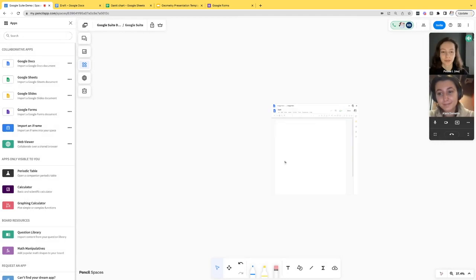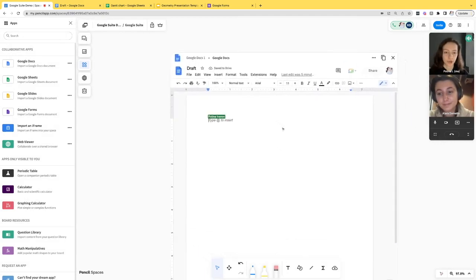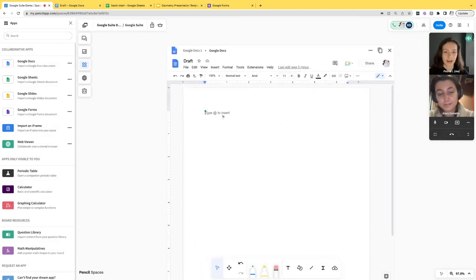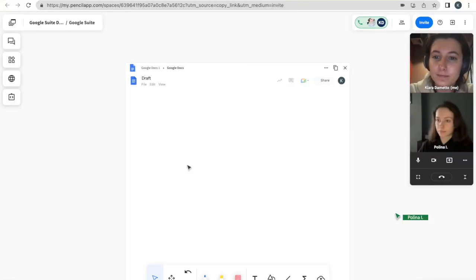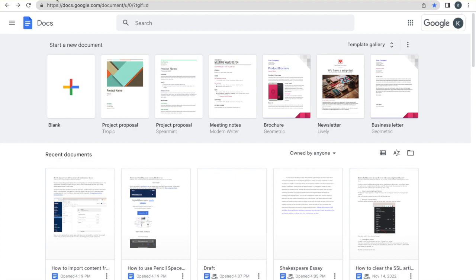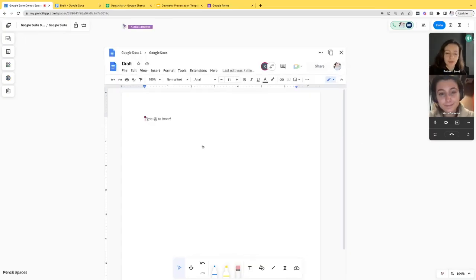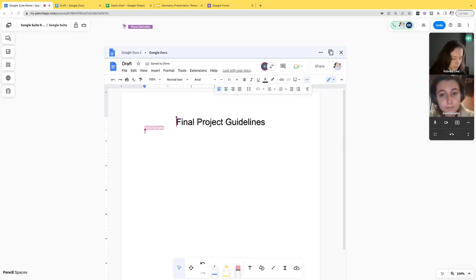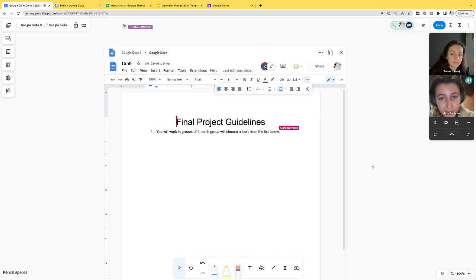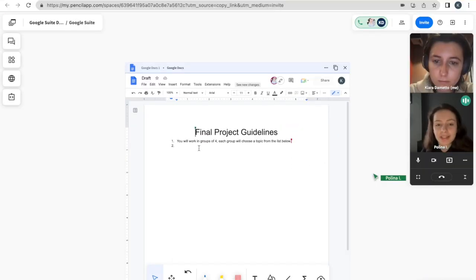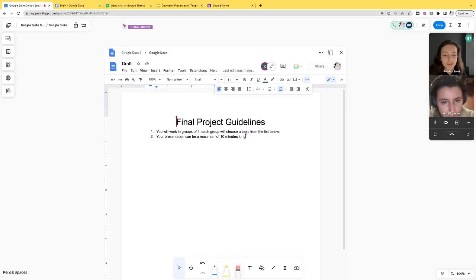Once I click import, the Google document will load on the whiteboard, and you can see that I already have it opened. Since Kiara is in this space with me, she will also have access to this document. Now I'm going to edit the document right in the whiteboard. While I'm editing, Kiara can see anything that I change or update in real time. I can also see any changes that she makes, and we can work on this document together directly from the